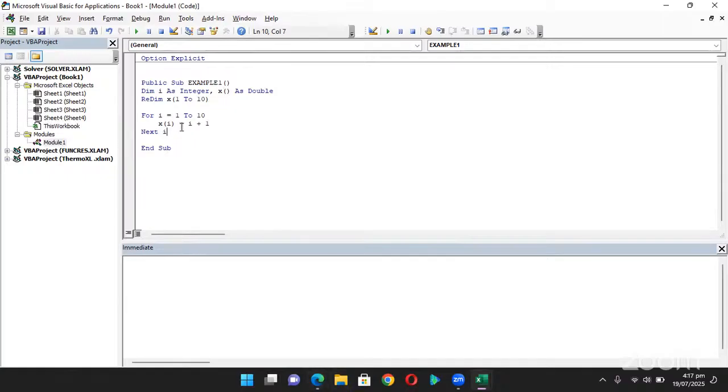In here, I'd like to print that value in our immediate window. So I will just enter my code statement, Debug.Print. And since I want to print the x at that I position, I just say my x at the I. So if I run this code statement,